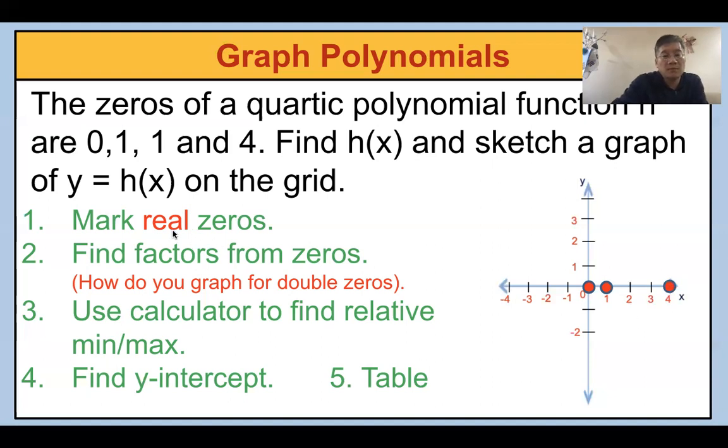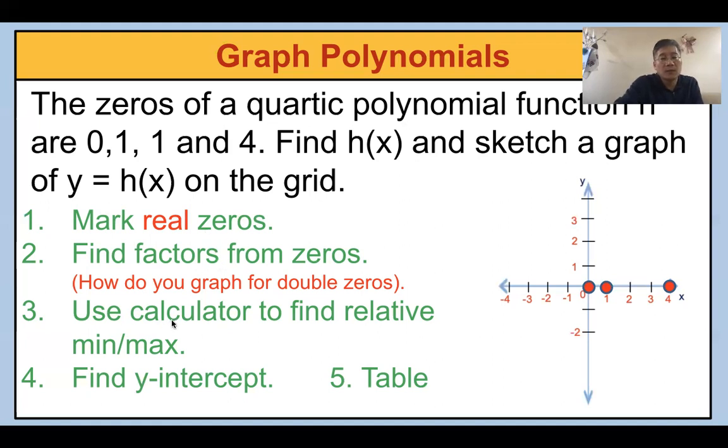So after you mark the real zeros, what should you do? You should find the factors from each zero. You know how to find the factors from the zero. X minus 0, x minus 1, x minus 1, x minus 4, right? So x minus 0, x minus 1, x minus 1, x minus 4. And then third,